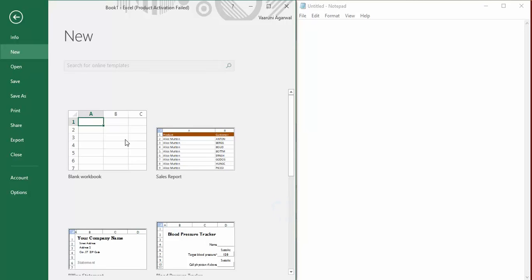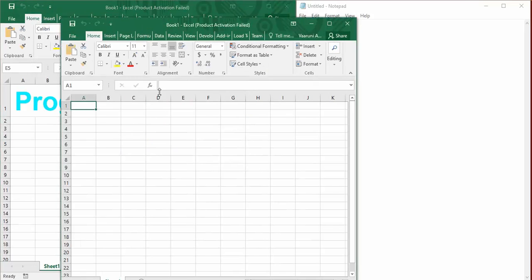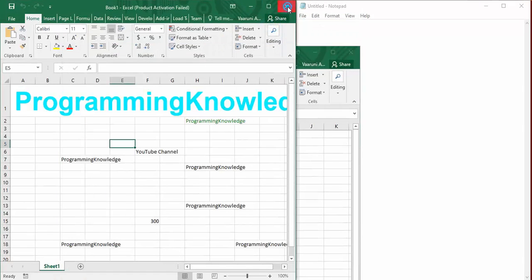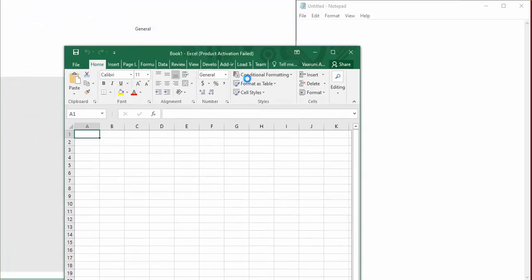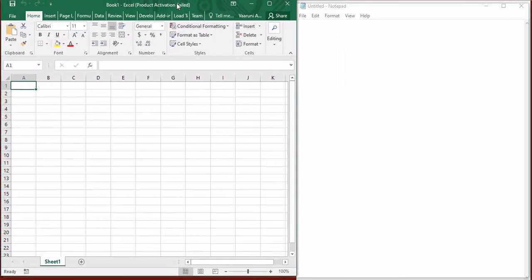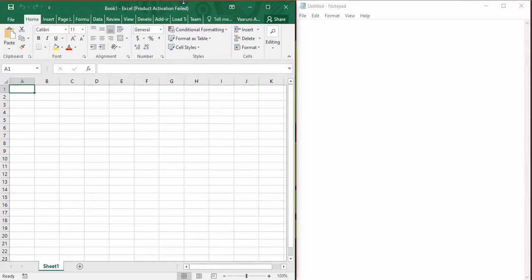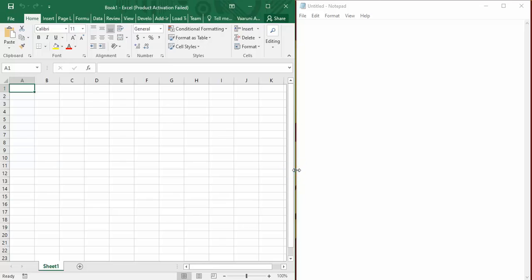First of all, what I'm going to do is create a new blank workbook for our purpose. So this is our new blank workbook, and this was our previous workbook. So let's just close it and let's just place it over here. So this is our blank workbook, and once you've created your blank workbook, what I'm going to do is simply